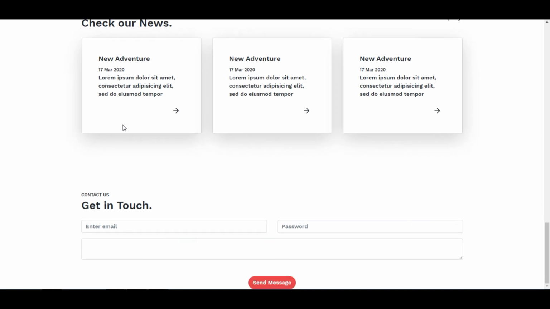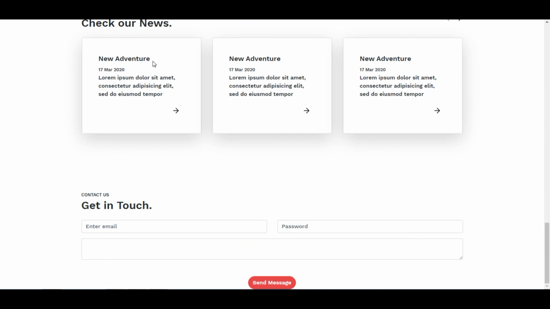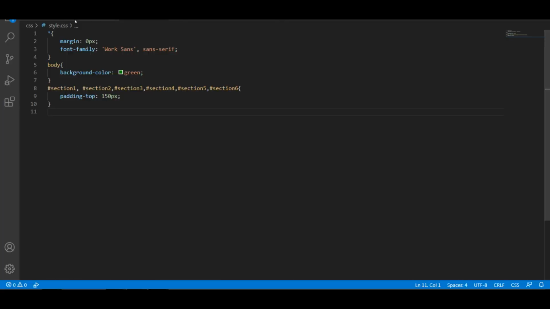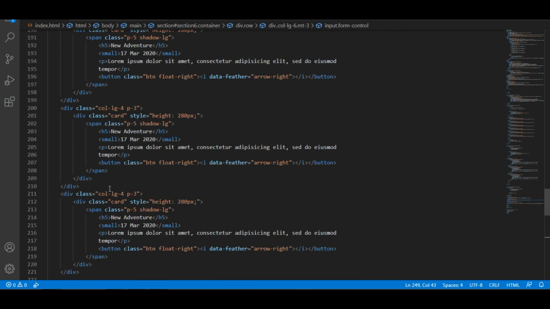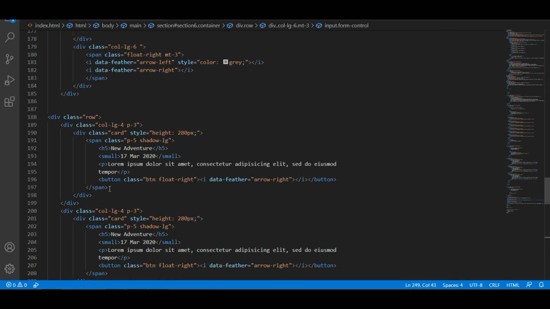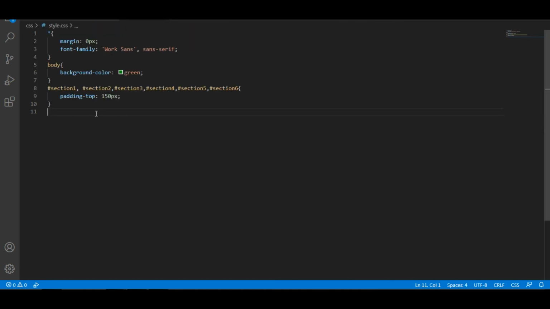So we can go to the CSS section here. I want to find which section this is. Okay, it's the 5th section, so section 5.